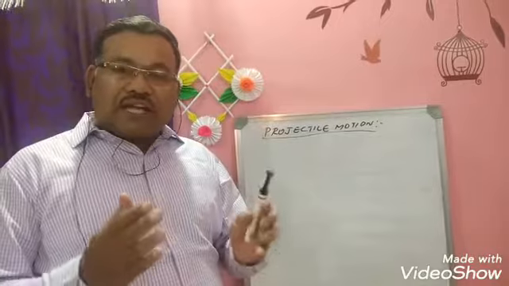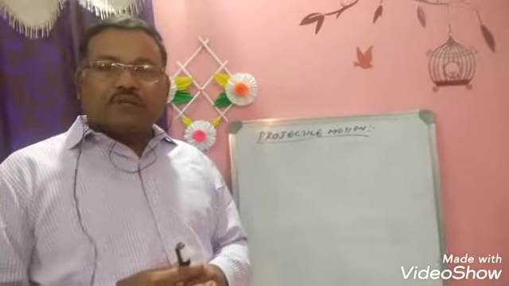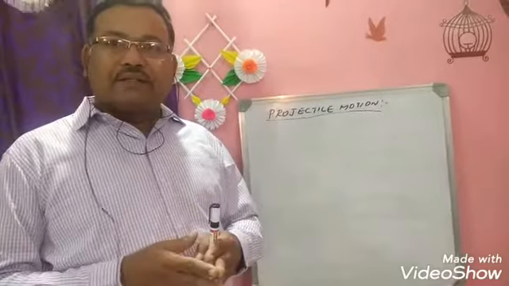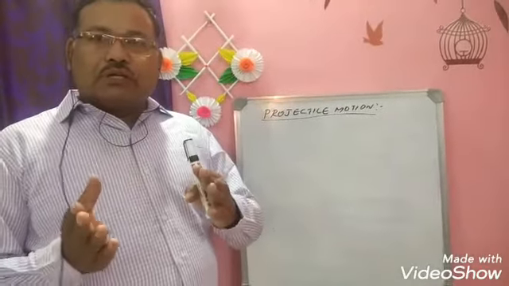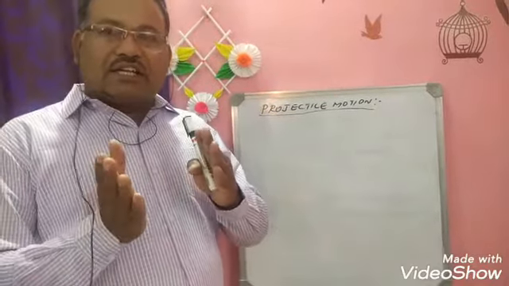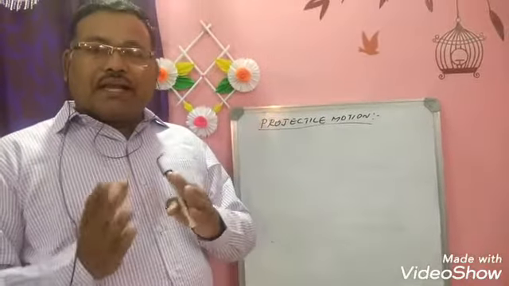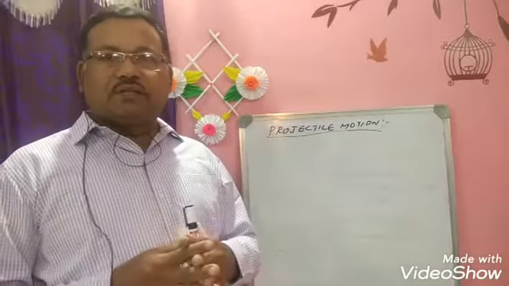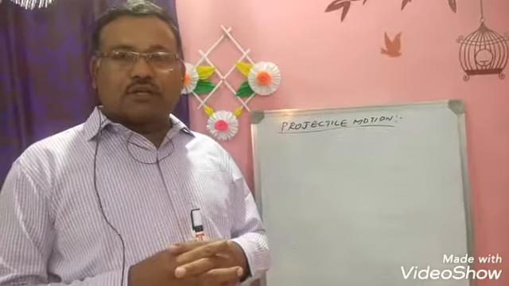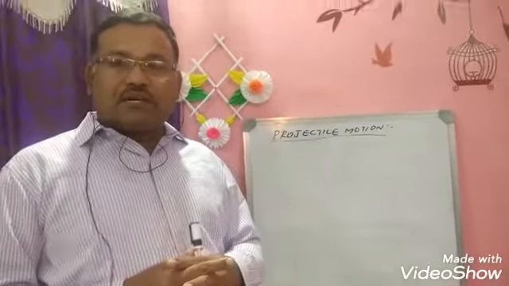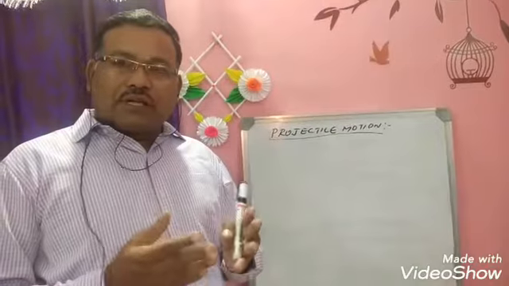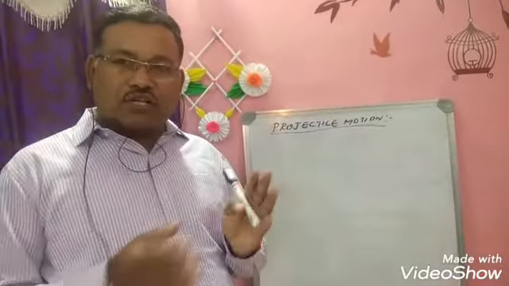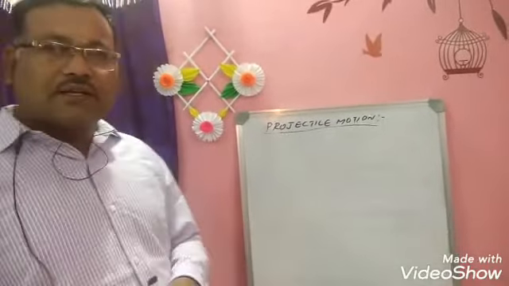Now, what are the examples of projectiles? A cricket ball thrown by the fielder, a football kicked by the player, water coming from a horizontal tap, and a bomb dropped from a moving aeroplane. These are all examples of projectile motion. I am giving common examples. Among them there are examples of horizontal projection and also of oblique projection. One by one I will explain.